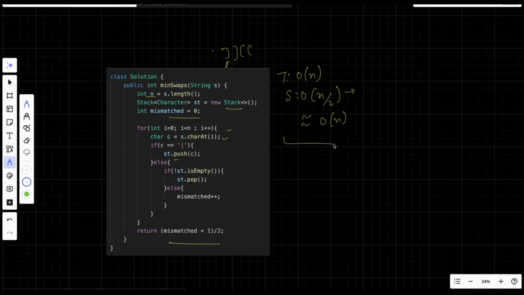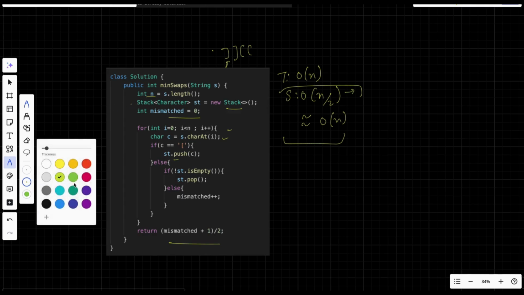Can we optimize this space complexity? Do we actually need a stack here? What are we using the stack for? We are just using it to check if the stack is empty. That means we had already encountered an opening bracket before encountering a closing bracket. So instead of using a stack,